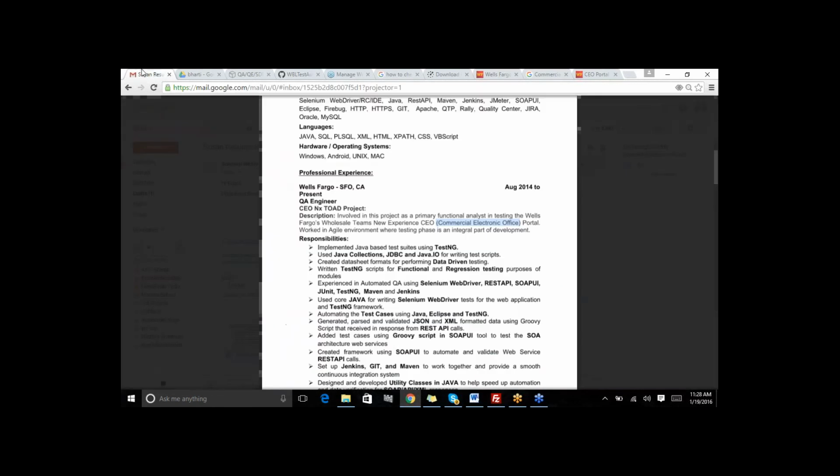Moreover, they will not ask you in detail about how it looks. They will ask you in detail about what you did. So when that point comes, you should say that I have been working as an automation framework developer in that, using various tools. We have been working with Selenium for automating sections of the commercial electronic office, for example doing the login automation, and automating all the pages to check if they are working fine or not. Then there were some REST APIs involved in this.